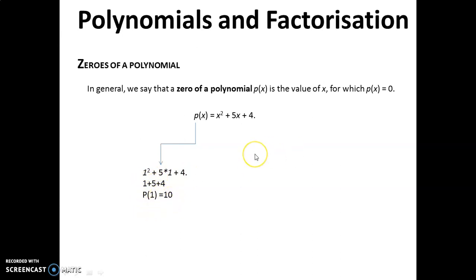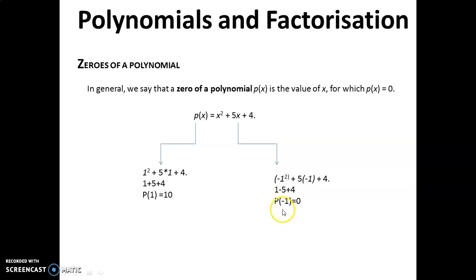Now I am taking another case in which I will calculate the value of p of minus 1 by substituting minus 1 in place of x. Here the value will be minus 1 whole square plus 5 into minus 1 plus 4, and by solving this we get p of minus 1 as 0. So this is the value of p of 1 and this is the value of p of minus 1. By observing both these values, p of x is 0 for